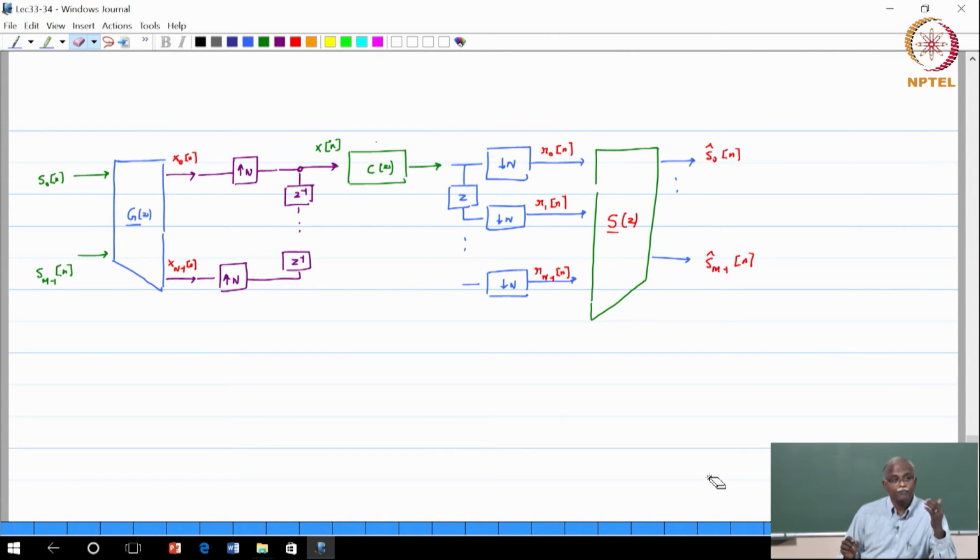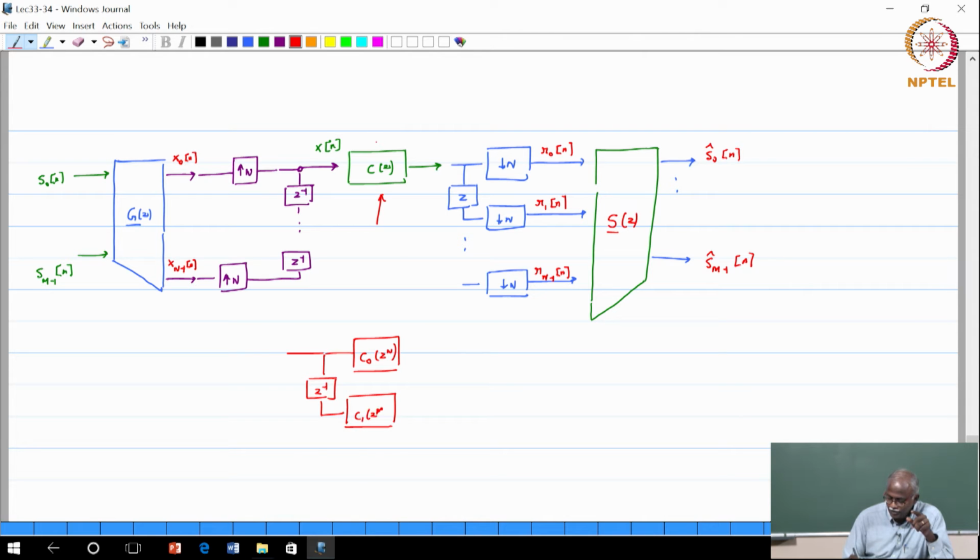Okay. Now, as an exercise I would like you to do the following. Do a polyphase decomposition of C of z. What will happen? In this structure you will get the following. You will get C0 of z power n. Do a type 1 polyphase decomposition, that is simple. Z inverse C1 of z power n, it is z power n, I wrote m, it is z power n,